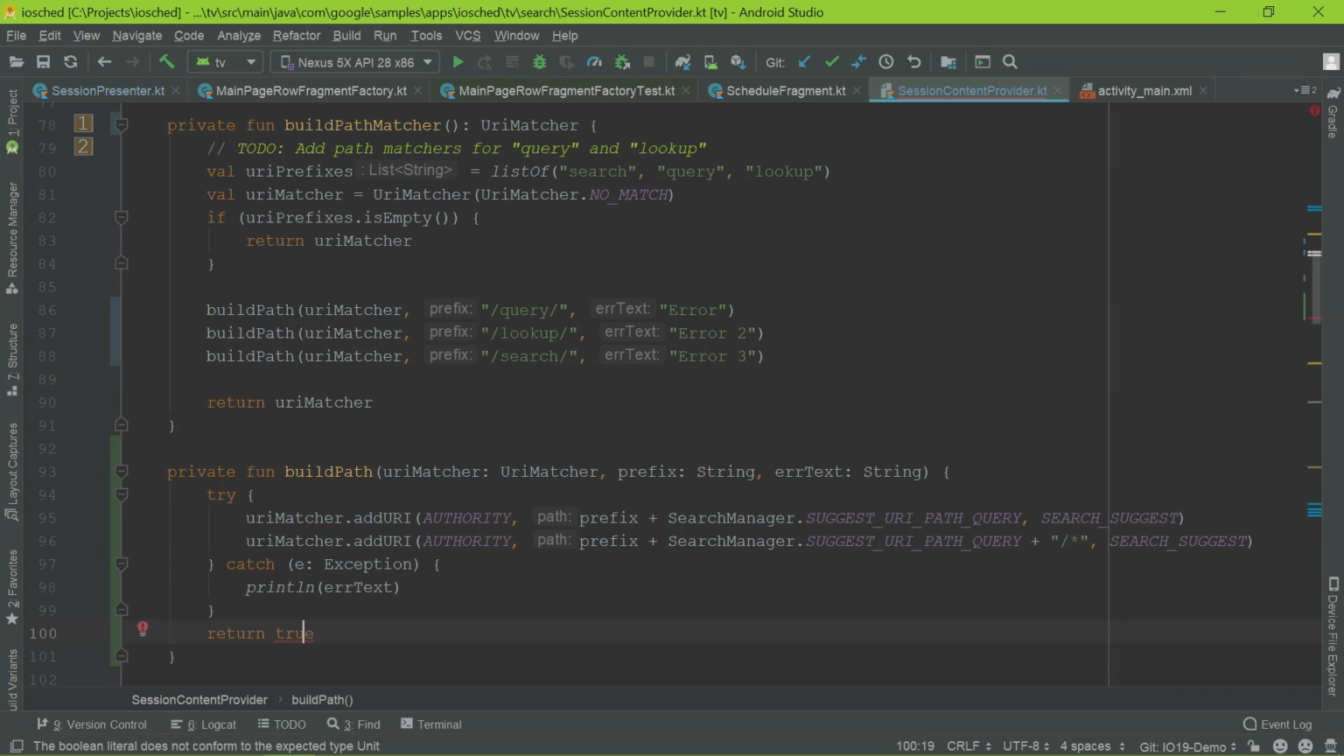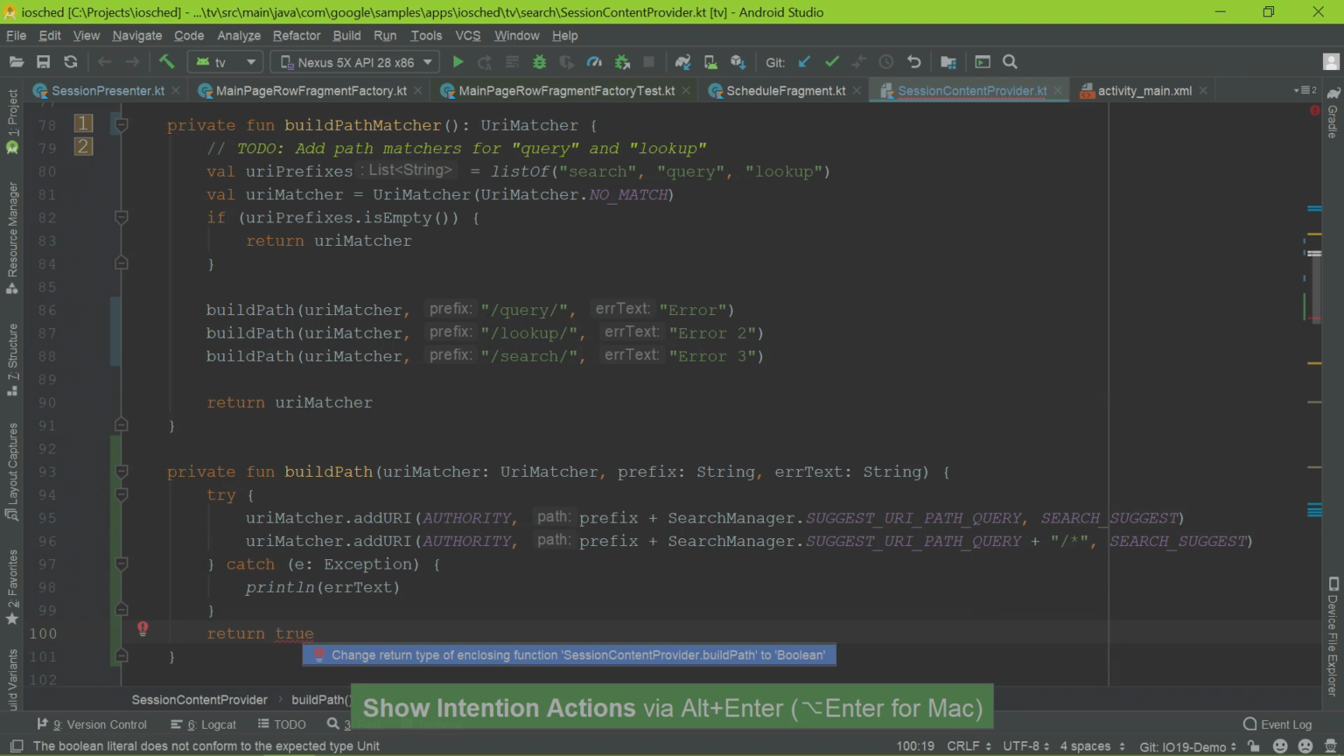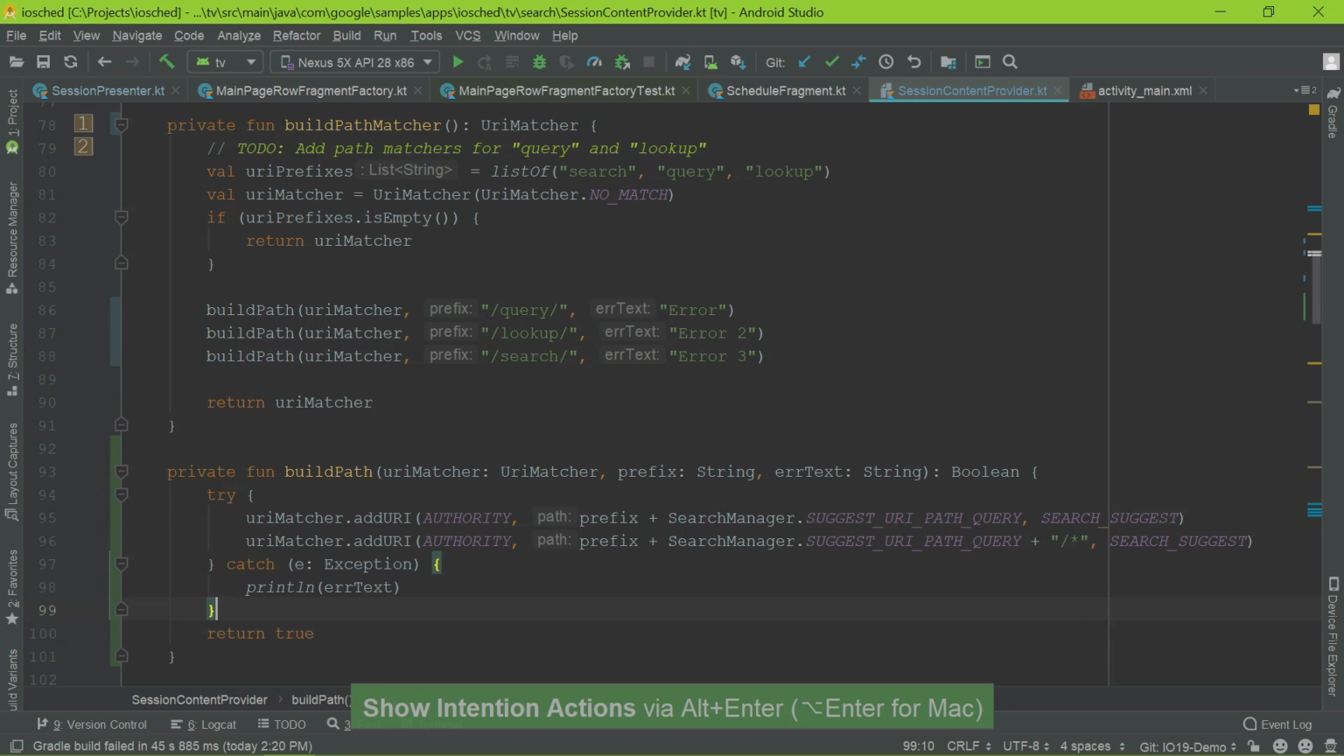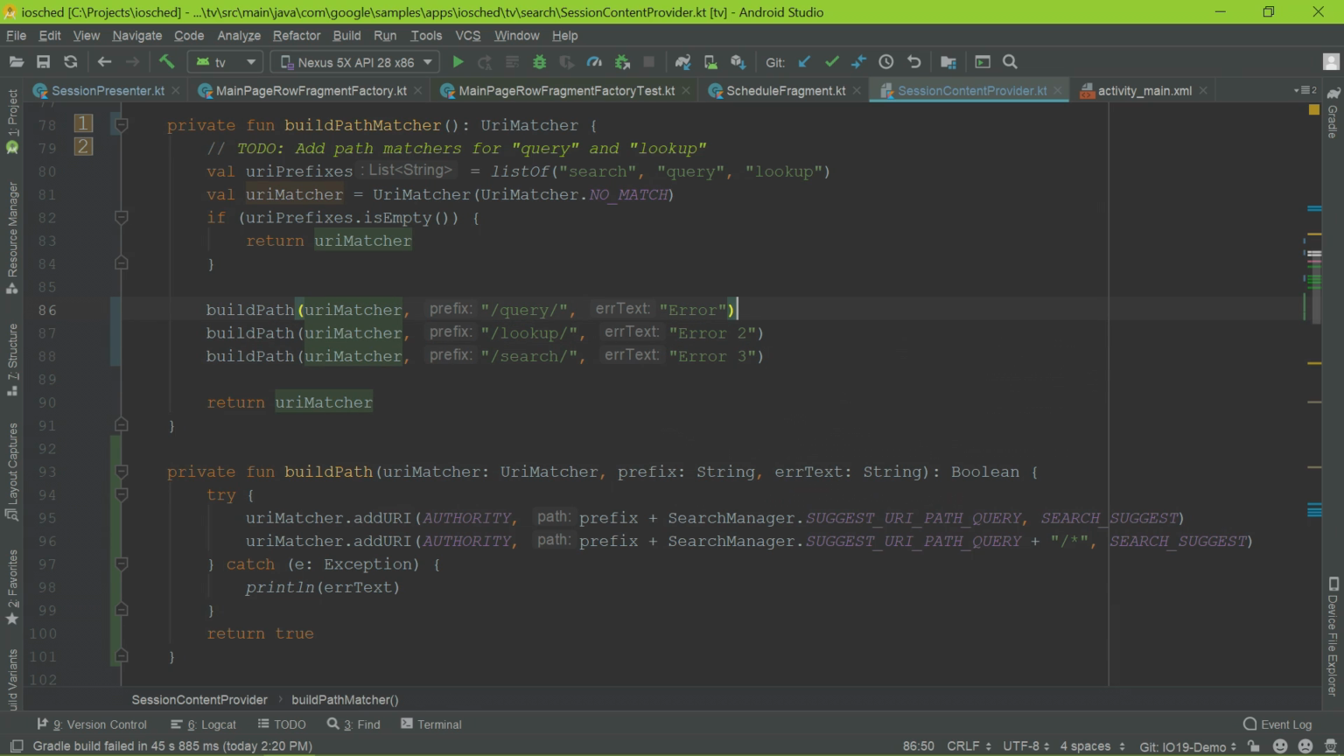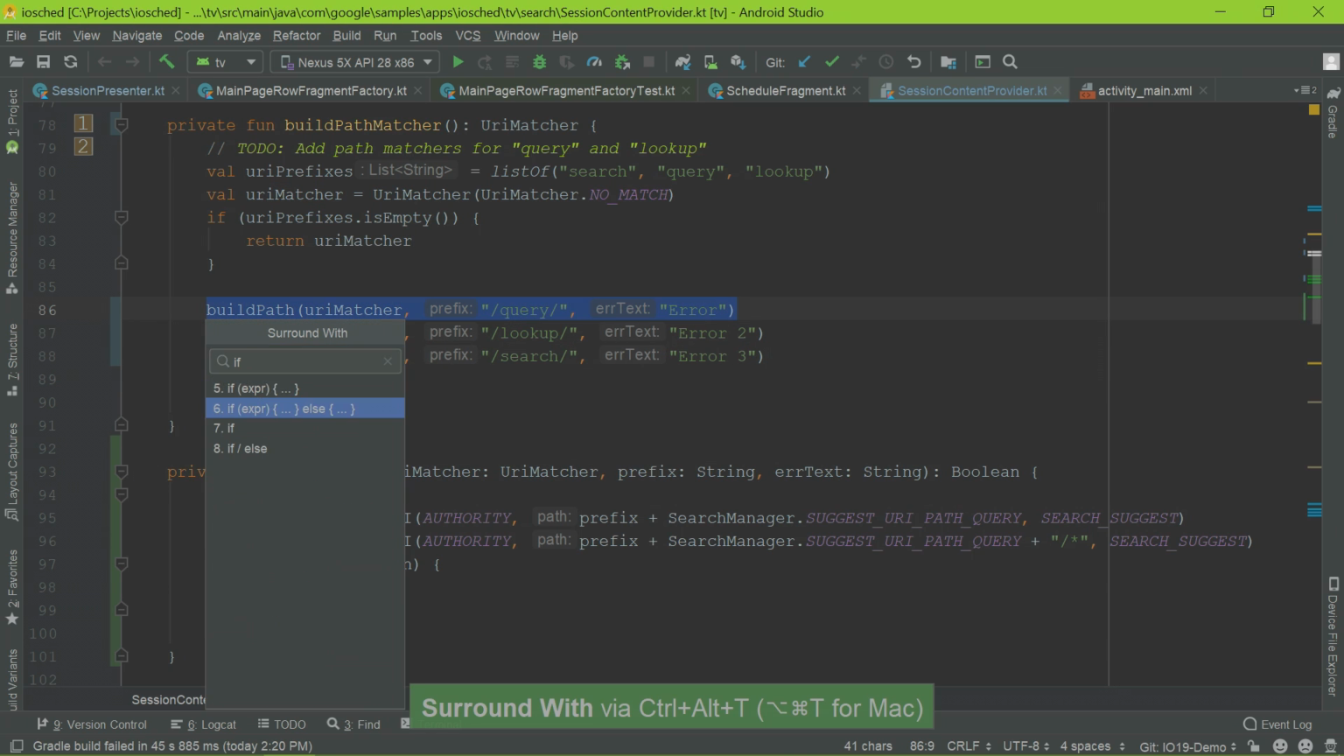I'll get a red squiggly and a light bulb because it's not a Boolean function. But when I press Alt-Enter, it'll change the return type to Boolean for me. That's neat. So now I can come up here. If I want to wrap this in an if statement, I can use Control-Alt-T surround with again, which is handy